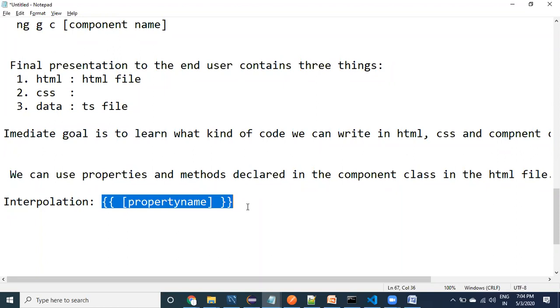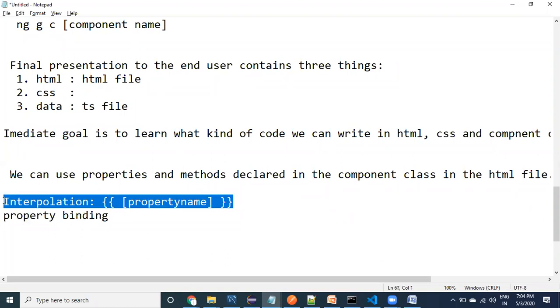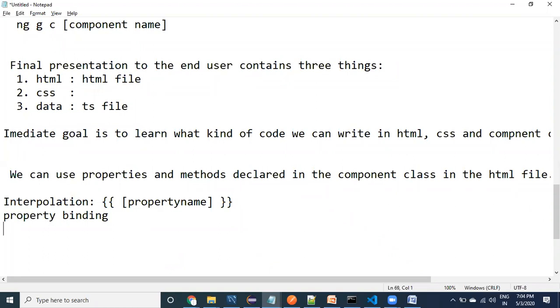That is the first step, guys: to learn what kind of code we can write. So string interpolation we can provide, and then property binding. Just we are providing the names, guys. Don't worry. I have shown you string interpolation, property binding, and then we can provide action binding.